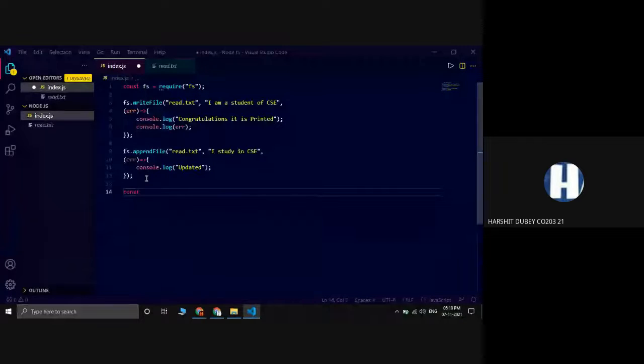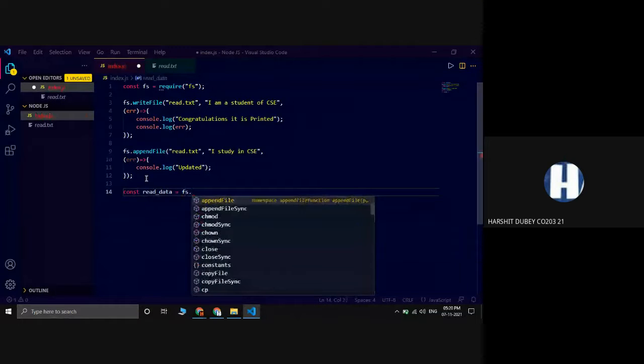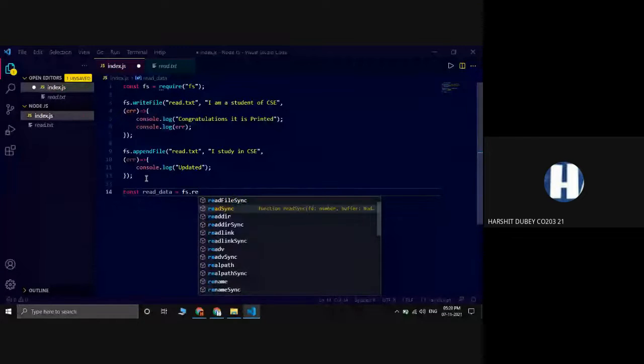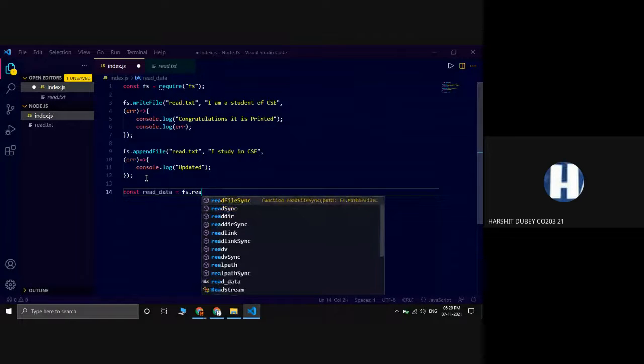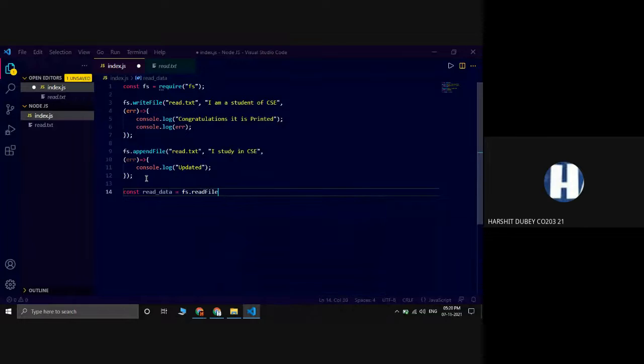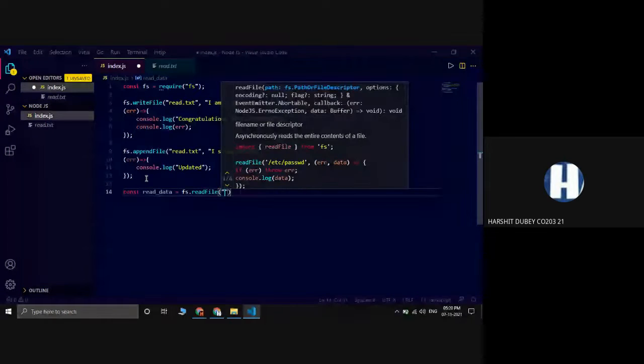const, let's write it: read_data, and this is equal to fs dot readFile. So this is what the readFile expression is. Earlier we were making use of readFileSync. Now we'll be using readFile. So let's write